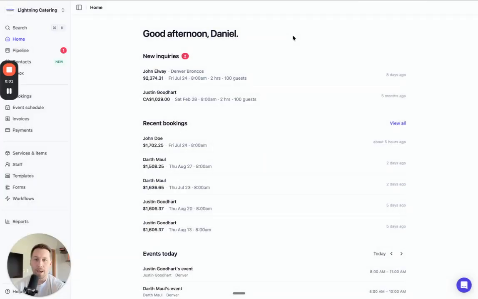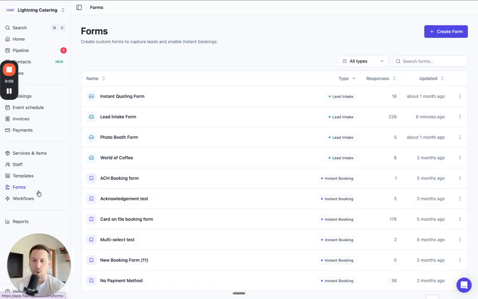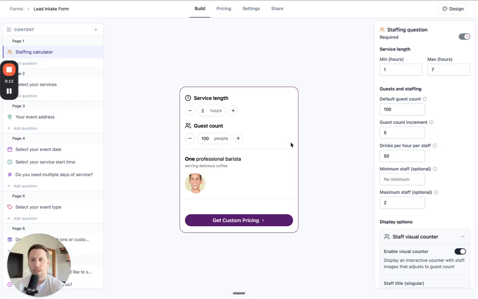Let's talk about embedding your lead intake form on your website in Flashquotes. From our main page, we'll go to Forms. We'll find a lead intake form. We've already previewed and customized this form in some prior videos, and so we're ready to embed it on our